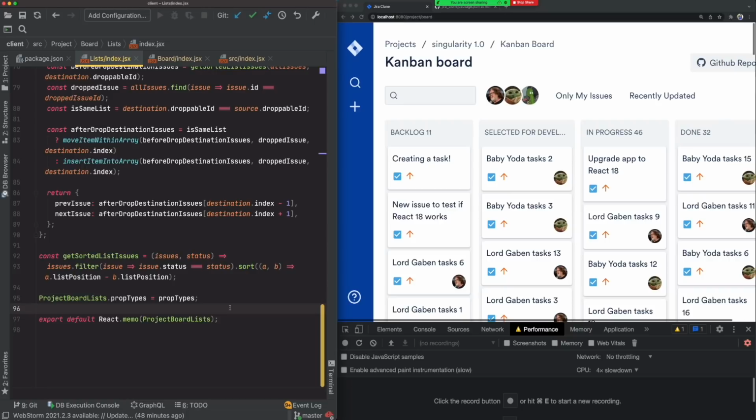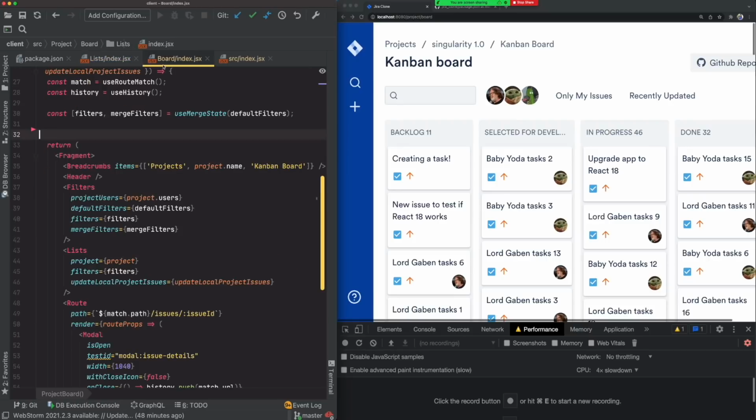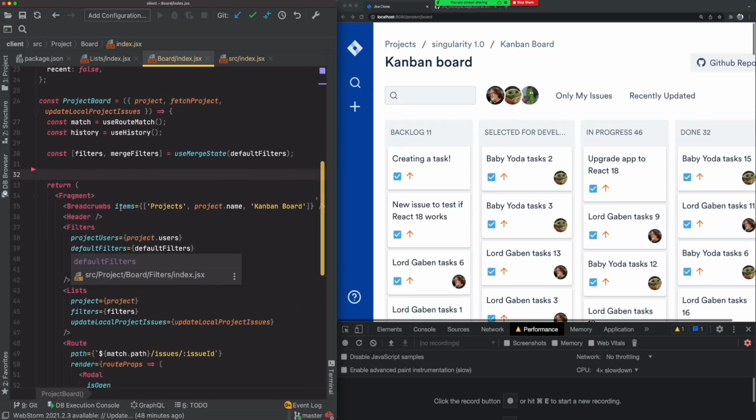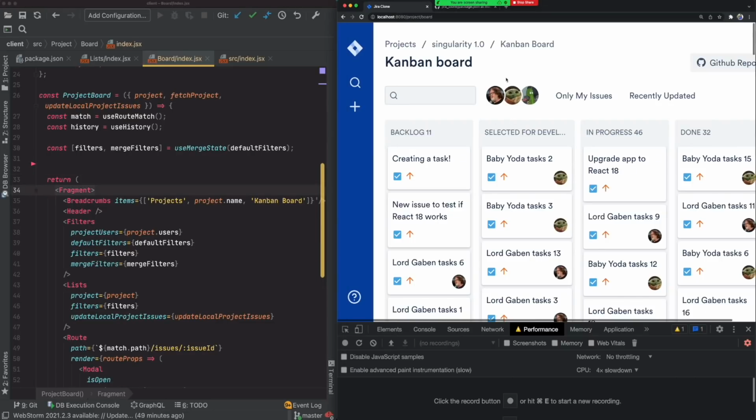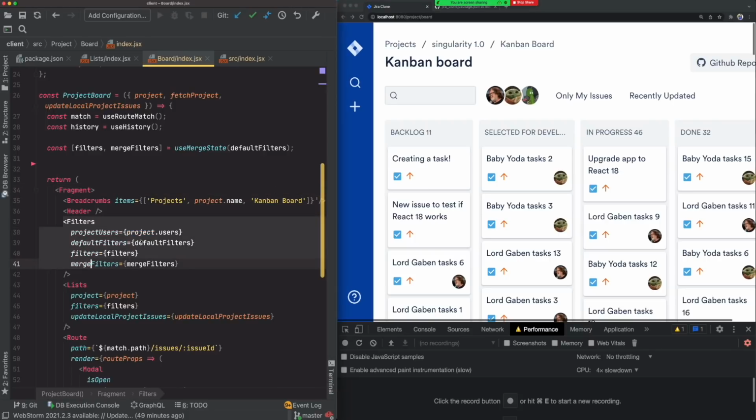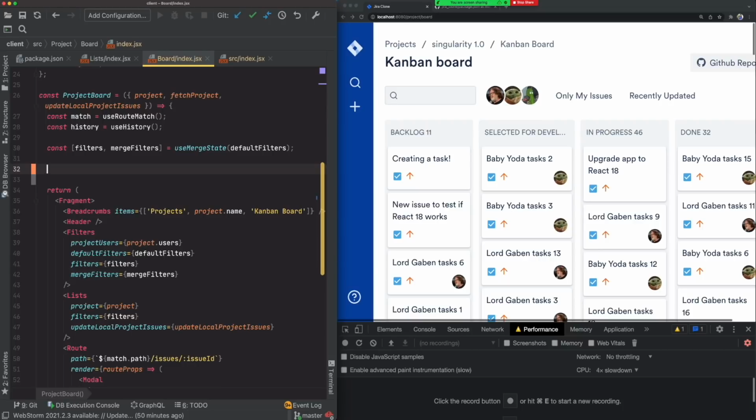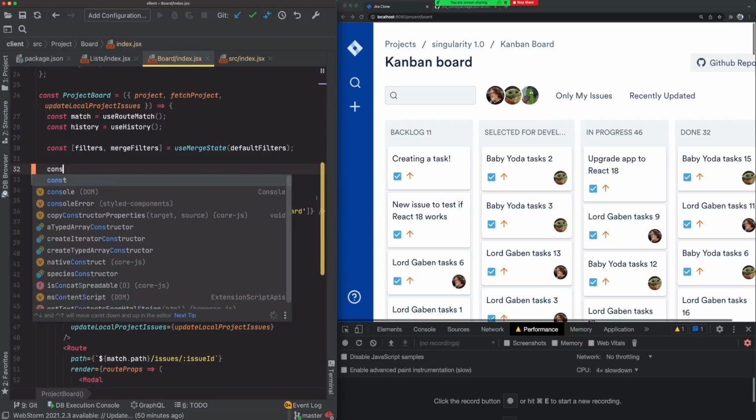So let's see if we can use a React 18 feature, useDeferredValue, to fix this problem. To use deferred value, basically we need to tell React to mark certain data items as a deferred item, or an item that is okay to be delayed. As you can see, there's this filters component here, which is this line of code right here. And then there's a list of items here, which is this line of code right here. So what I'm going to do is use React 18's useDeferredValue to give a deferred filters.